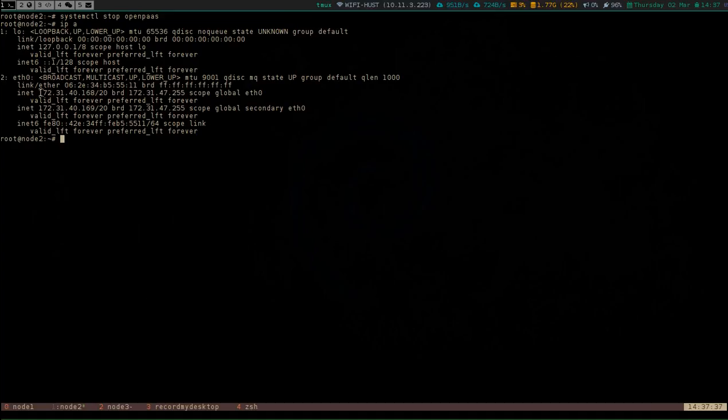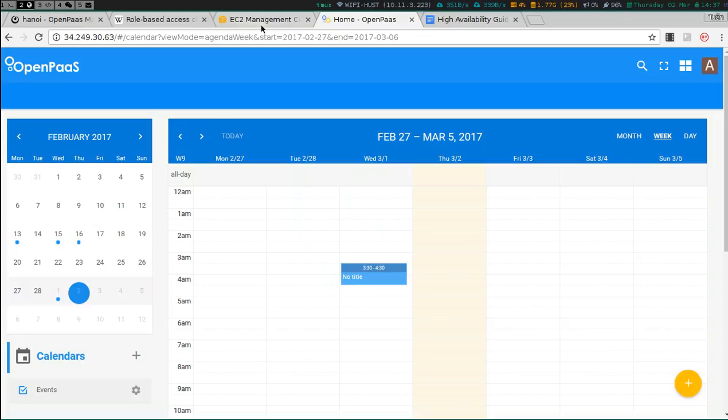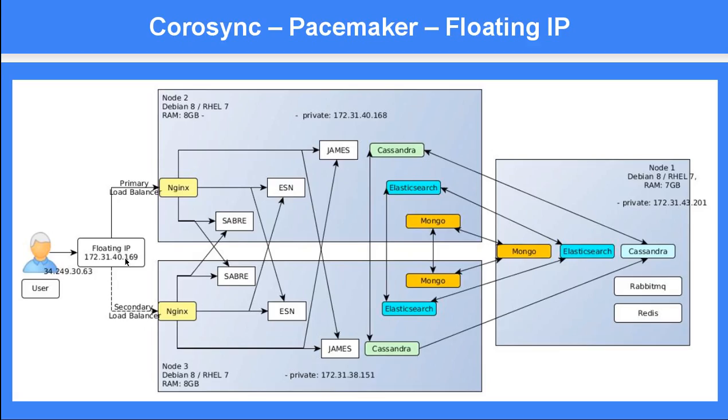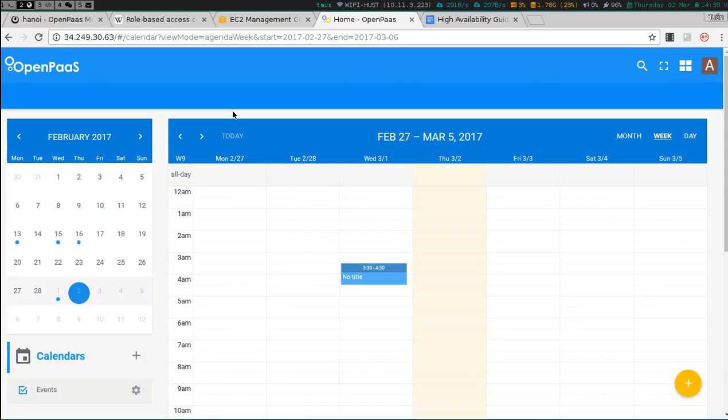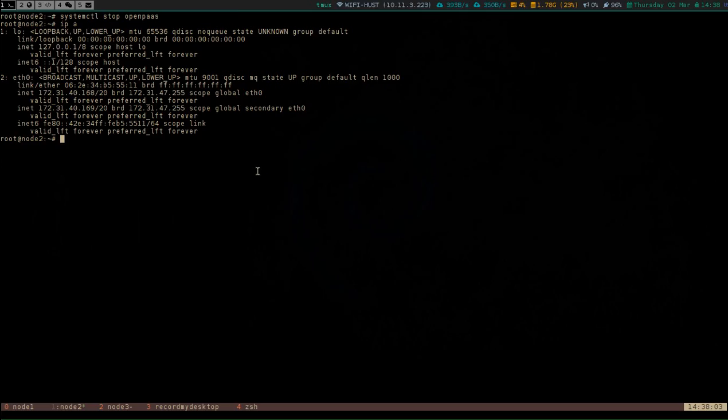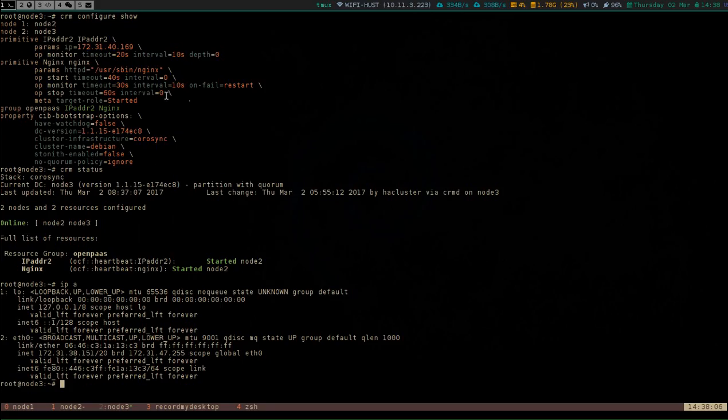Let's see, node 2 has a private IP for itself, but it is also assigned a second private IP. It's for the floating IP, as you see in the picture, floating IP. Okay, so as you see